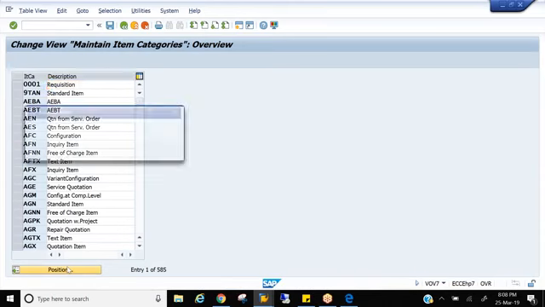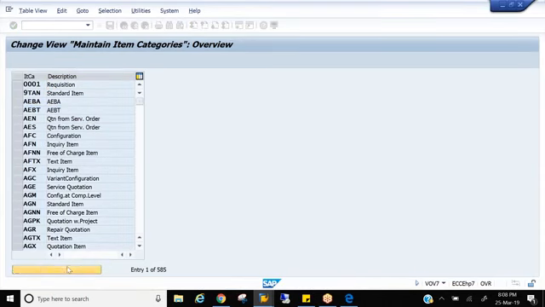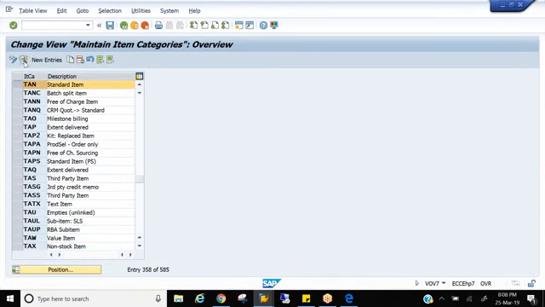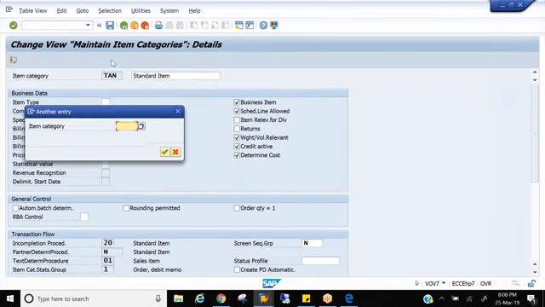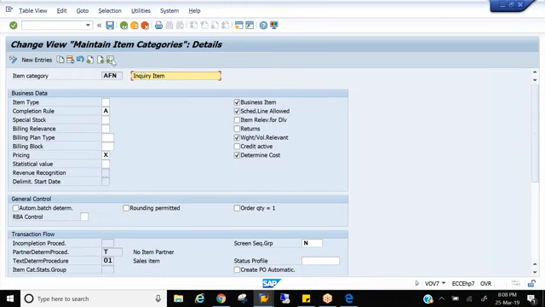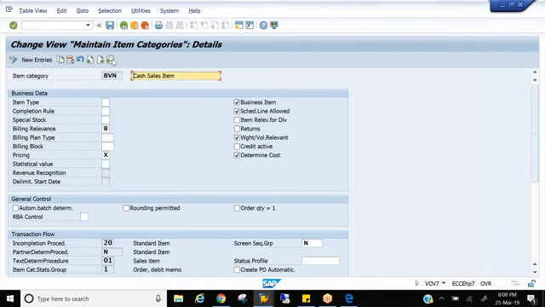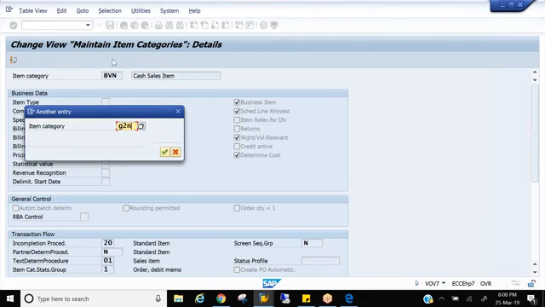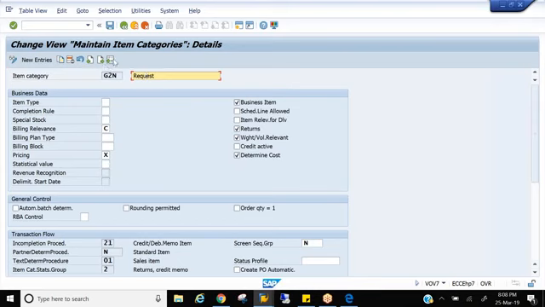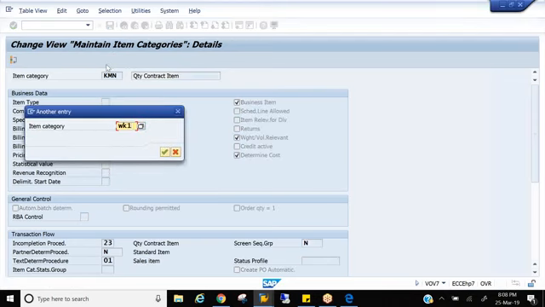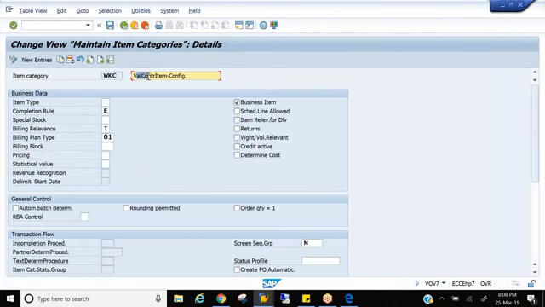So let's go to the item categories. The standard item category is TAN. You have lots of item categories here. AFN, that is inquiry, AGN, quotation, BVN, cash sale, G2N, credit memo, KMN, quantity contract, WK1, value contract, right?